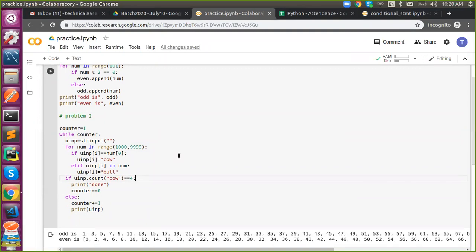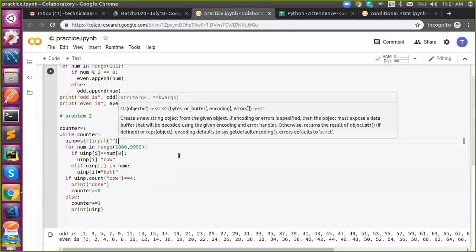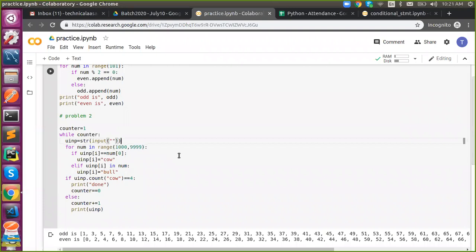First time it will get an input from the user. So you said str of input. Why do we need str, sir? Because integer is not iterable, sir. But input will always return in a string format, right?